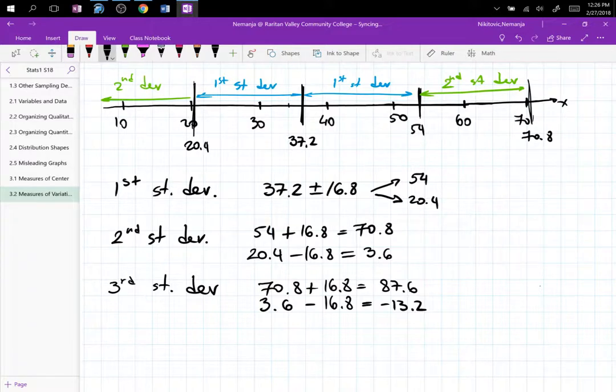I think, let me just see if I can find it real quick. So, IQ range, let me see if I can do the IQ. So this particular chart has 15 as the standard deviation. Now, we'll actually come back to this and work with the bell-shaped graph and all of this kind of stuff, but